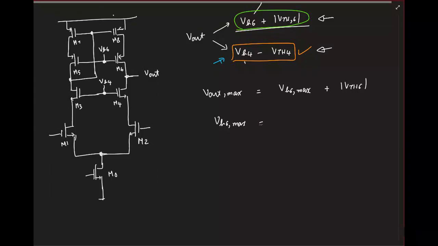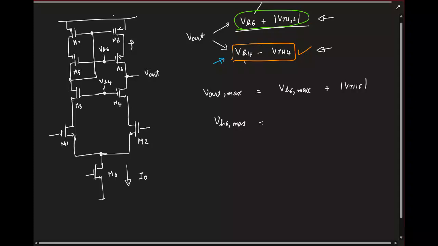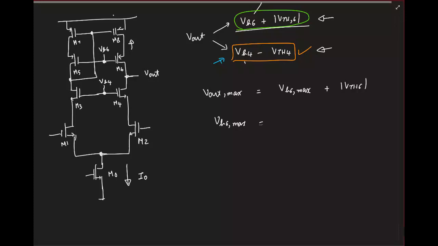What is it? V overdrive of M6. Why is M4 getting affected? VB6 is here, right? So if I keep increasing VB6... no, you are maintaining a fixed current. See, this guy is a current source. So VS will increase. Exactly, right. So what has a problem now? That has a saturation problem. M8, right? So if you keep increasing VB6, like he pointed out,